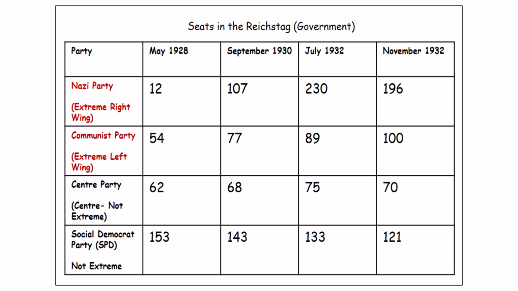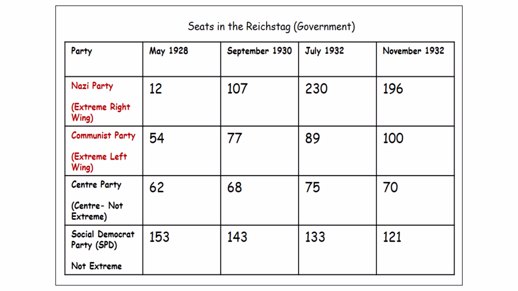July 1932, it's a peak for the Nazis on 230 seats. It drops slightly by November 1932 to 196, but they're still the largest party. And the Communists following suit. The Communists actually gaining votes and looking like they're catching up the Nazis, which is where this fear of communism